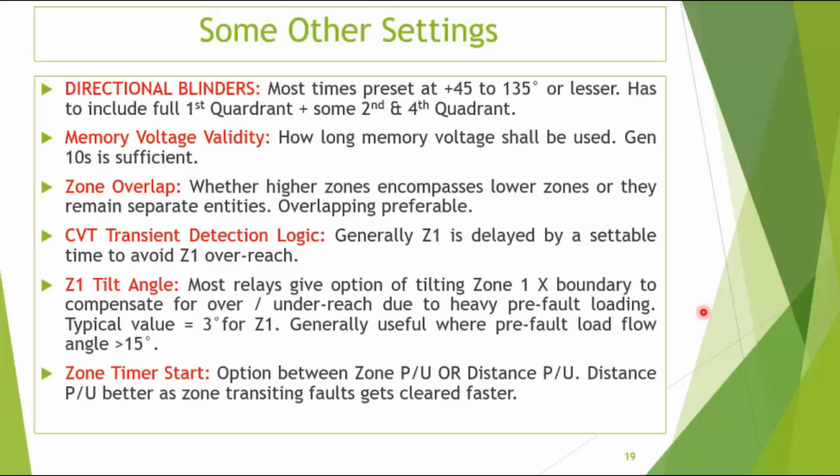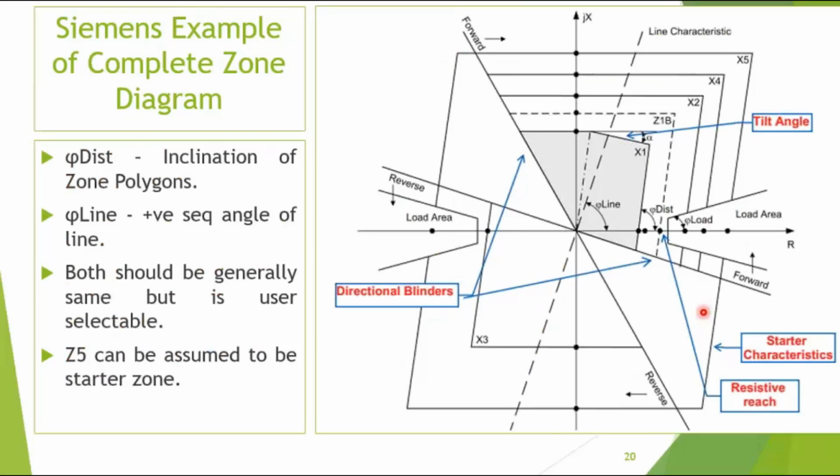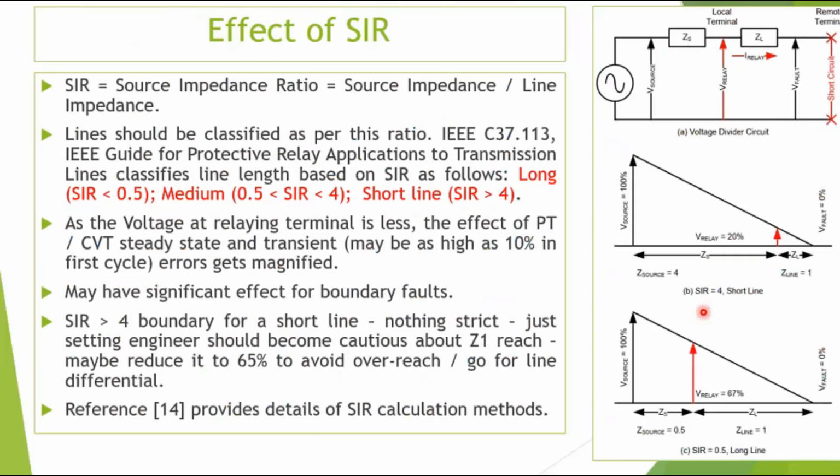Okay. Now this is about zone timer. This is the zone time diagram in totality. Now this is what I was talking about, effect of source impedance ratio. Source impedance ratio is the source impedance divided by the line impedance. And IEEE